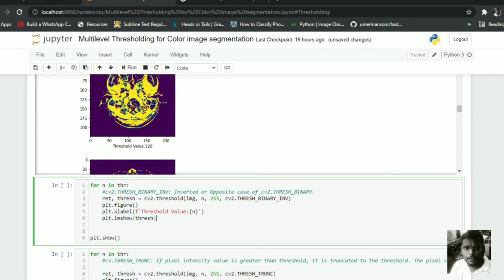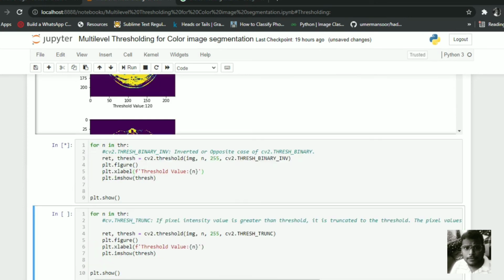And this method is called binary inverse, nothing but the inverse of the binary method above. Now I am running this.